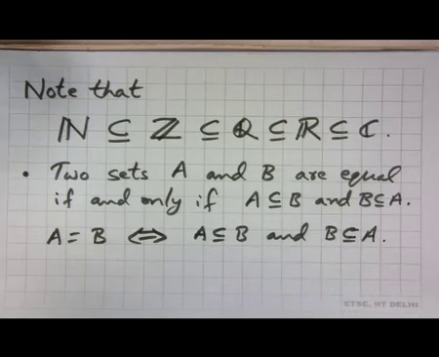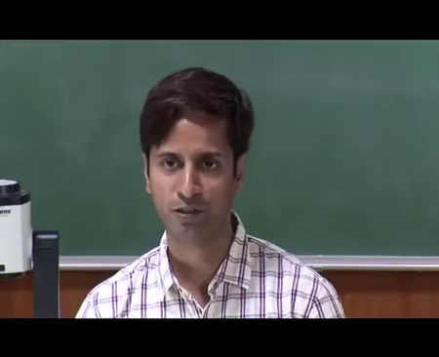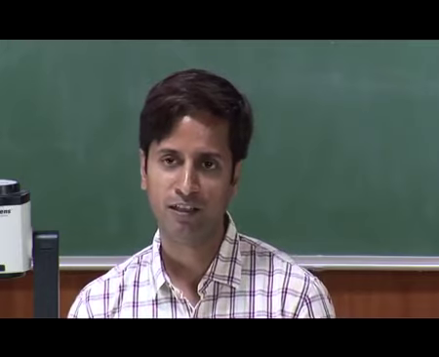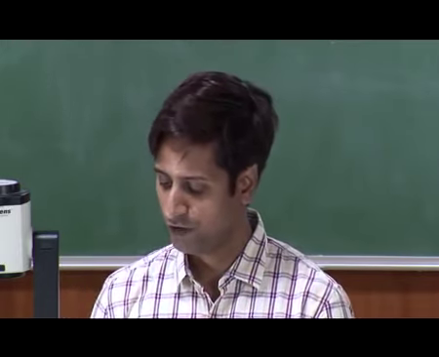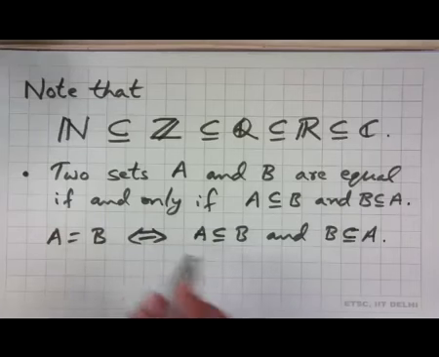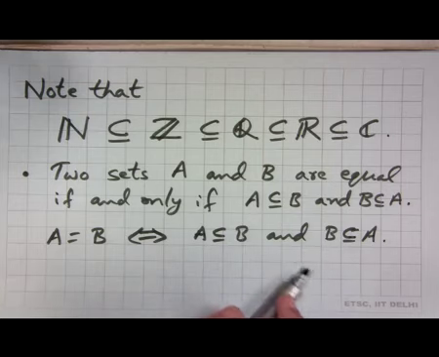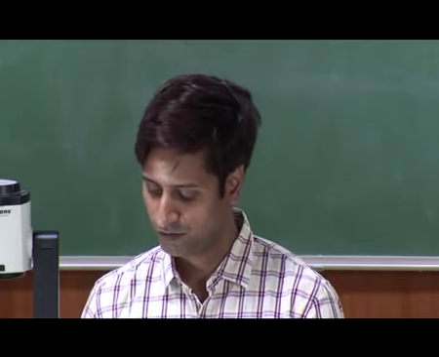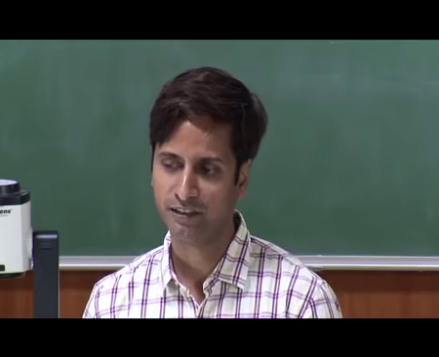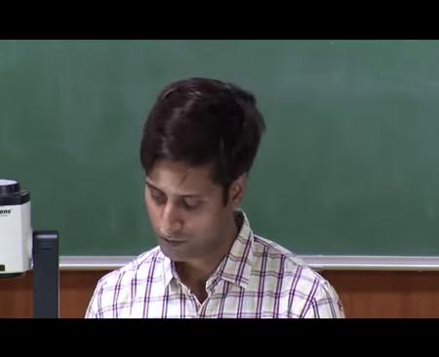So, this is a very simple thing to see because two sets are equal if they contain the same elements. So, every element in A must be in B and vice versa. So, A is a subset of B and B is a subset of A. But this is very useful when you try to prove that two sets are same, you prove that each is the subset of the other one.